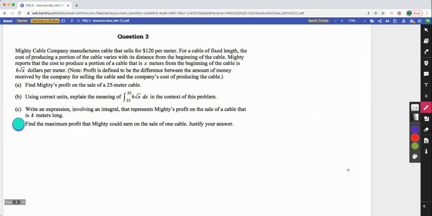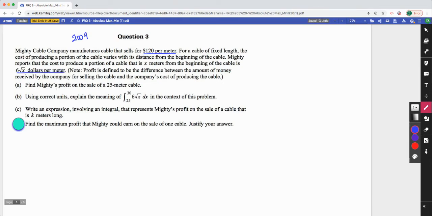Let's move on to our last question. Question 3 from the 2009 exam. Find the maximum profit that Mighty could earn on the sale of one cable. Justify your answer. You can see $120 per meter, the money earned, and then you'll see 6√x dollars per meter,